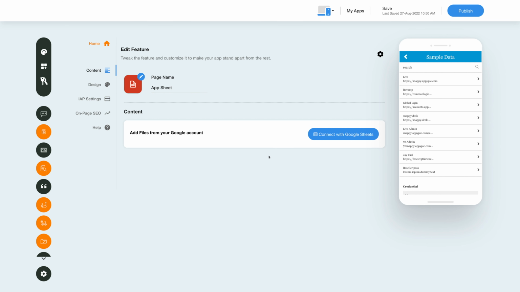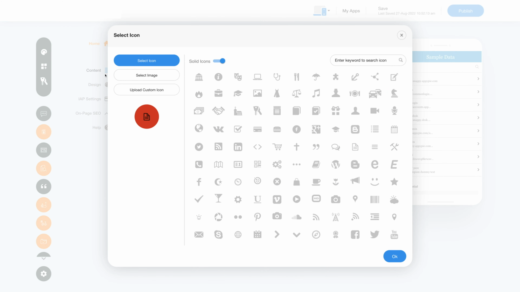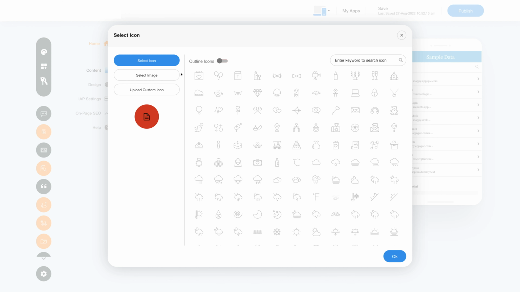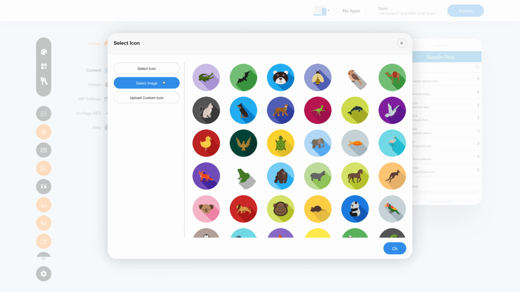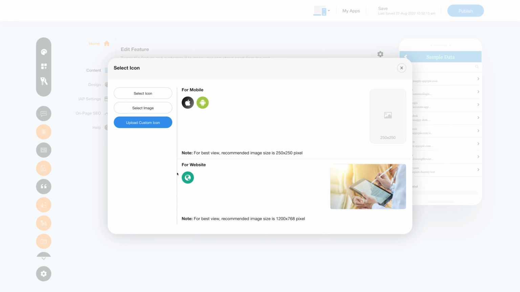Here in the Edit Feature section, you will see all the options you can explore and start using the feature in your app. You can change the page name here. Click on the icon and this window will open up. Click on Select Icon, where you will see multiple options for icons, solid and outline icons. In the Select Image section, you will see loads of options for images that can be used as icons for your App Sheet feature. You can also upload a custom icon for Apple and Android and website to make your